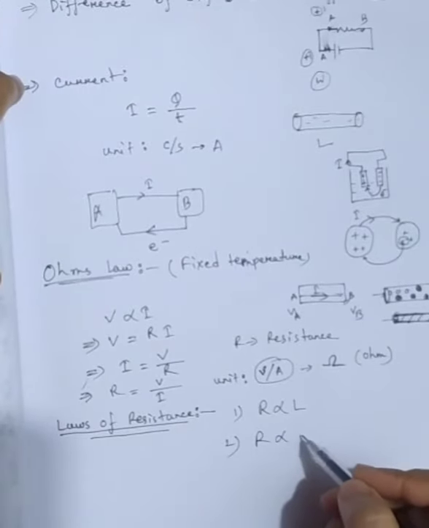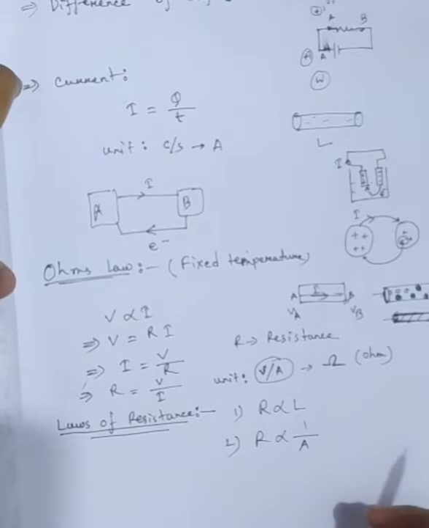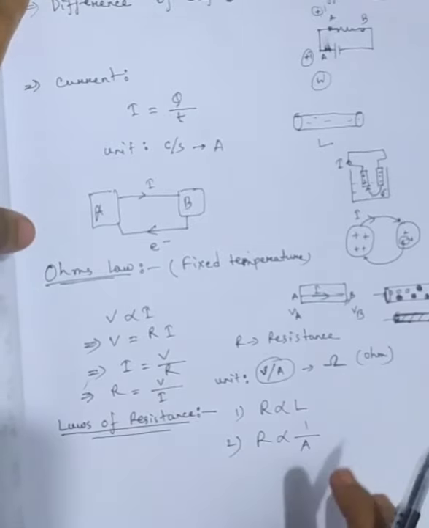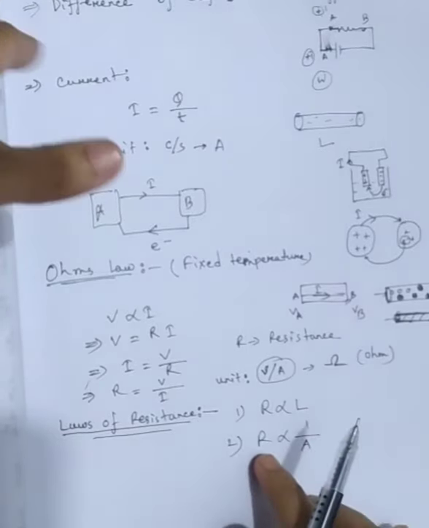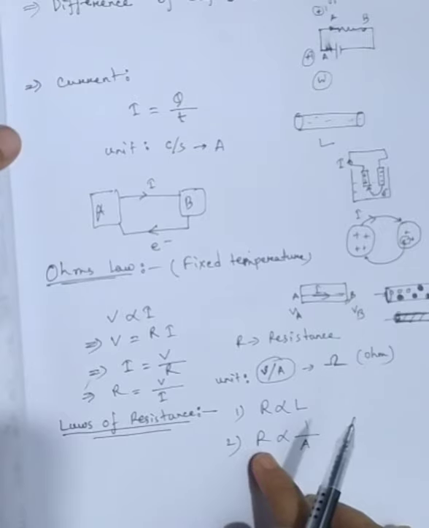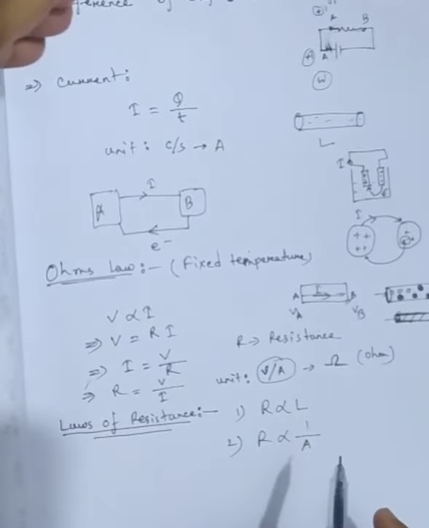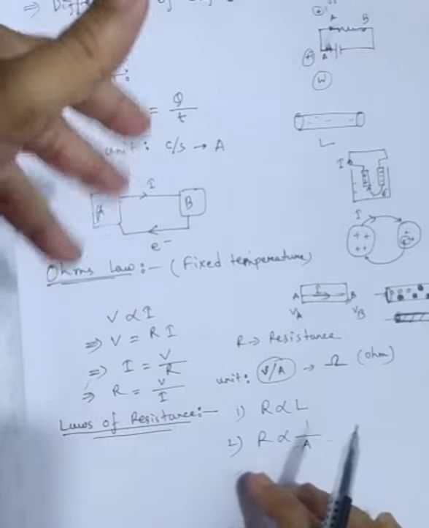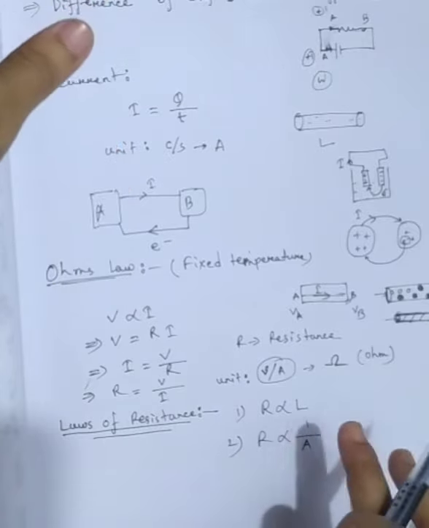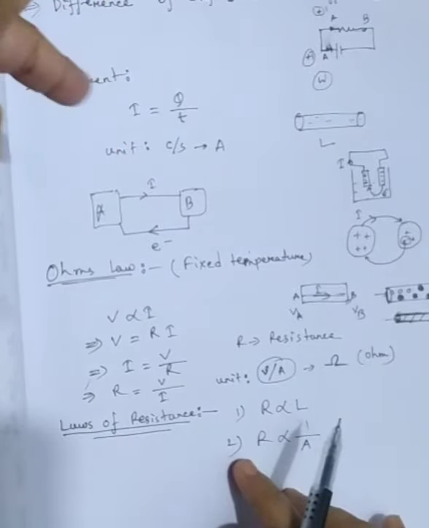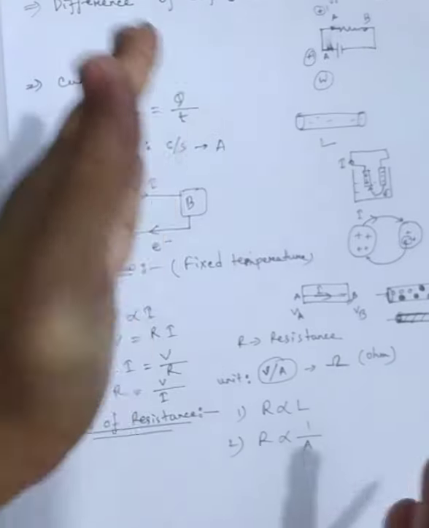R is not directly proportional, inversely proportional to resistance. ঠিক আছে? So if the cross sectional area যদি বড় হয়, on that case the resistance will be lowered, and if area is higher, then the resistance will be low. If the area is higher, resistance will be lowered, and if the area is lower, then resistance will